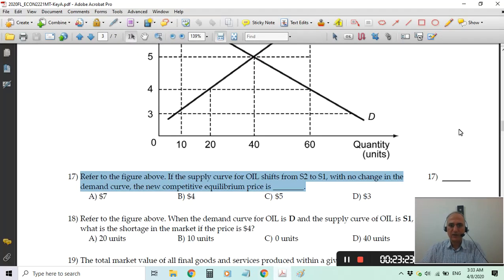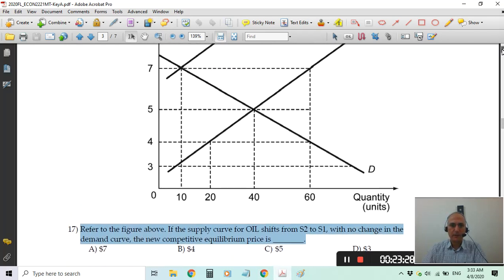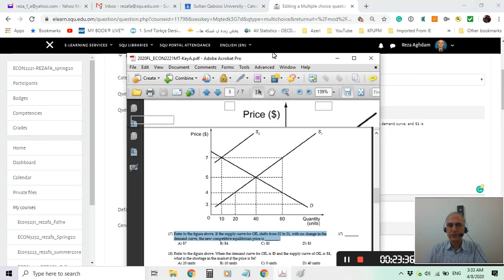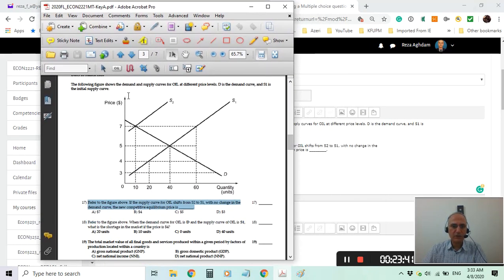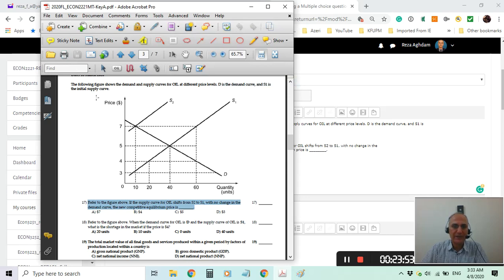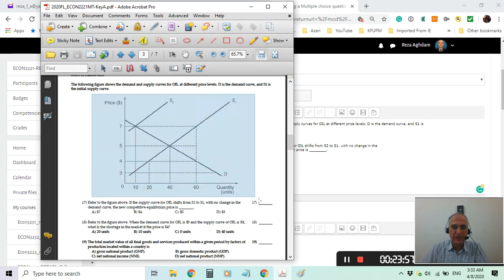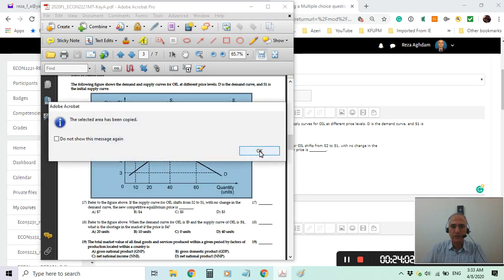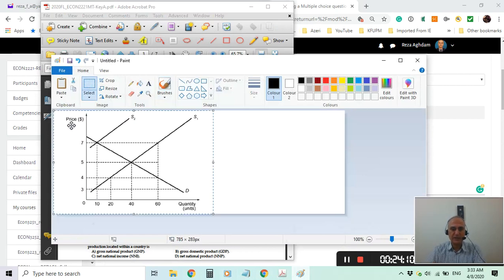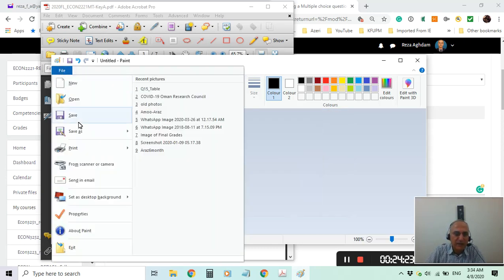So how do we do the graphic parts? If you have a PDF like what I have, make it smaller so you could see. Okay, so I want to basically take this part. So in the PDF, we have this select zoom and a snapshot tool. So by using the snapshot tool, we'll have the figure or table in the clipboard already. And then I go and bring the Paint, which we have opened here, and then I paste it here. There would be some free spaces. We can remove those free spaces, so the amount which is needed. This now looks very good. Then we save it as,